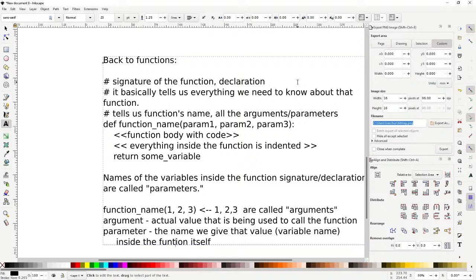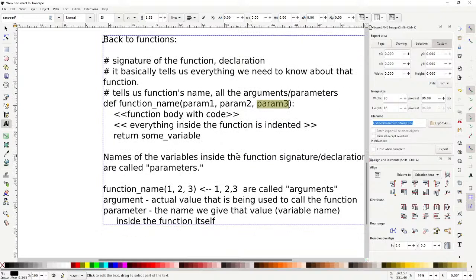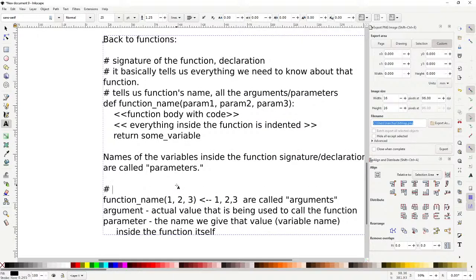So in one case, you have an argument, which is the actual value. So 1, 2, and 3 are the arguments. The parameters, on the other hand, are param1, param2, and param3, right? These variable names are not always 1, 2, and 3. It just happens to be 1, 2, and 3 when we call the function that time. So we would call, and the other thing is that whenever you call a function, I should say that this is just, it's called a function call.